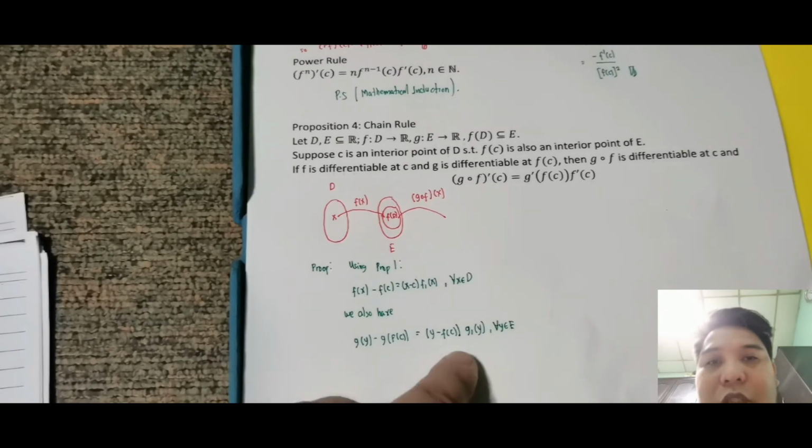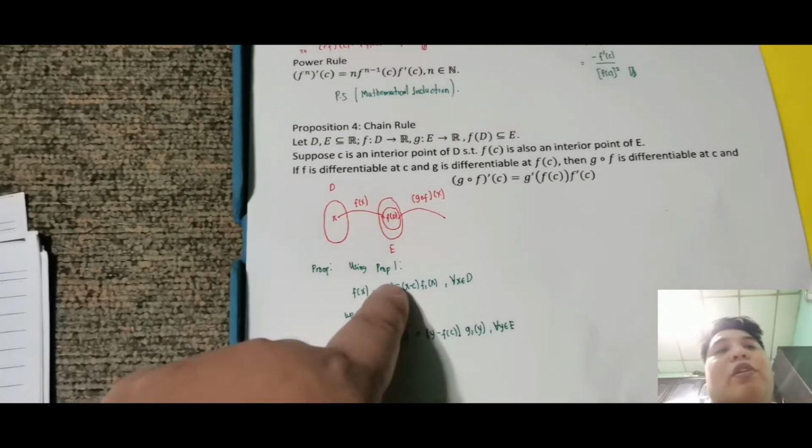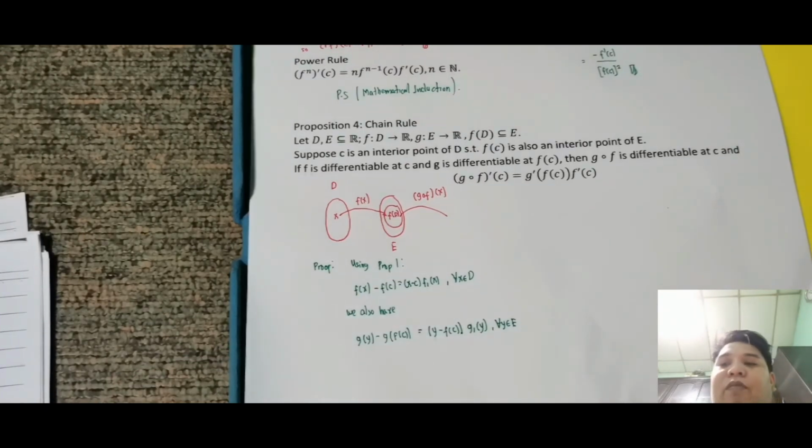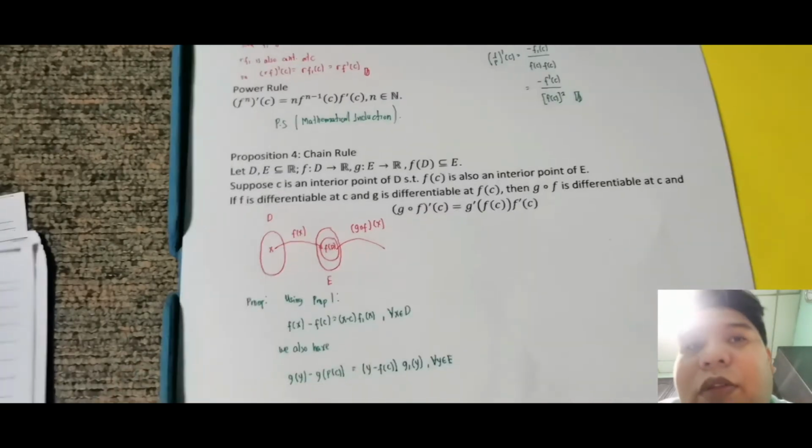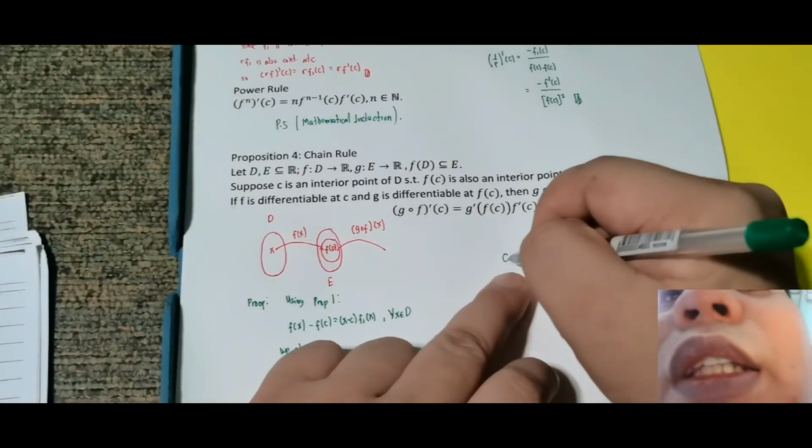So note that this is continuous at f of c. This is continuous at c. This is continuous at f of c. So let's combine the two. So combining this,